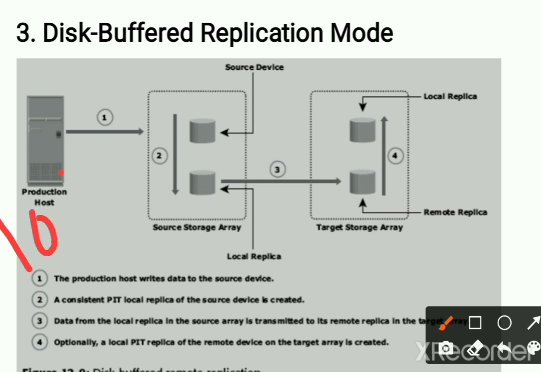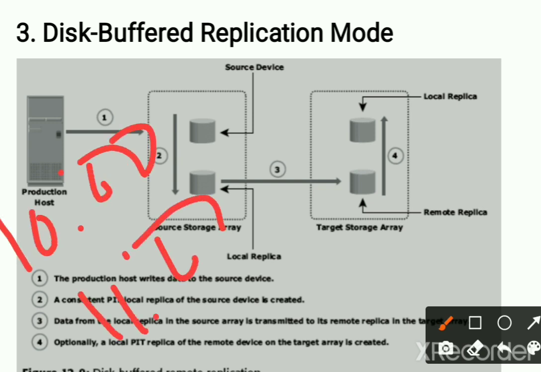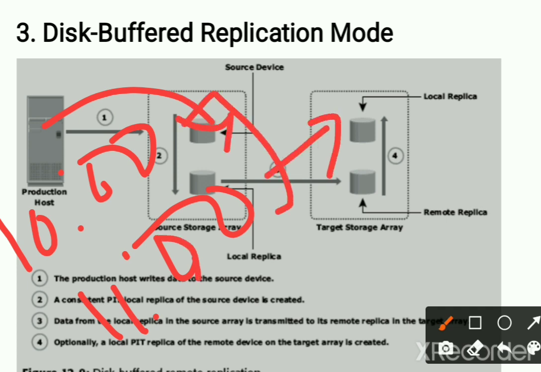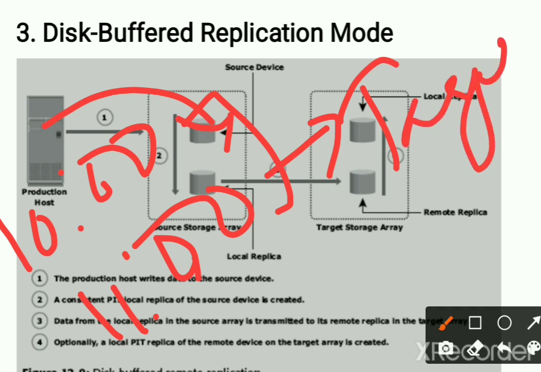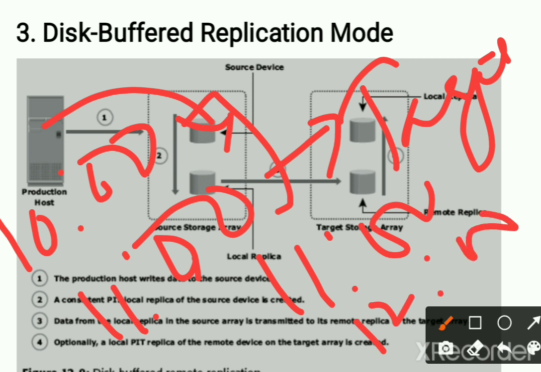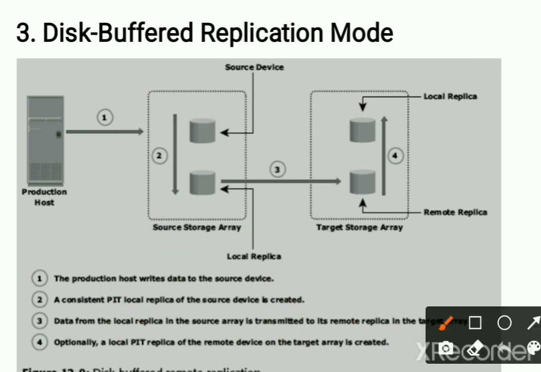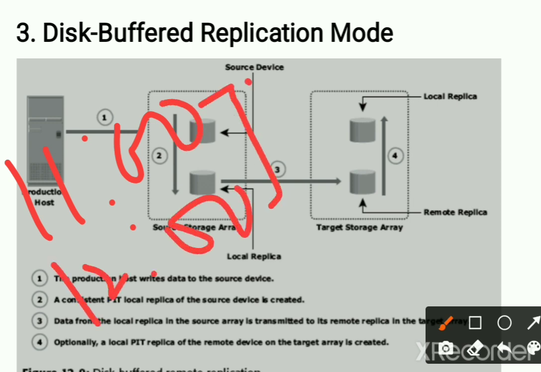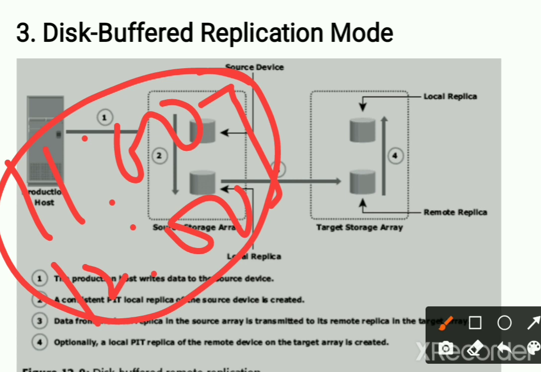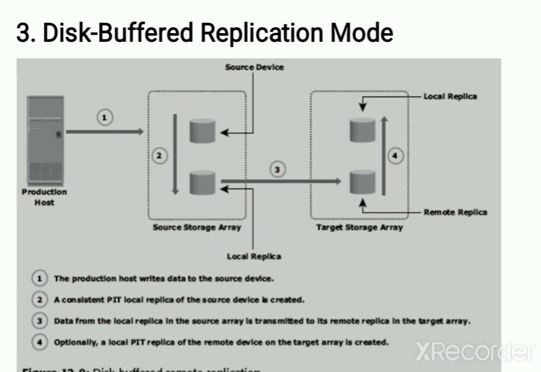For example, if from 10 to 11 the data is copied from the host to the source, that means for 1 hour it has to be copied to the target. By the time it is 11 to 12, let us assume that at that time the data from the source is copied to the target, and it is not that the source is idle at that time. So the data will be there from 11 to 12 at the source. Now this data also has to be backed up and stored, and then written to the target again. So this is how the disk buffered replication mode is going to work.